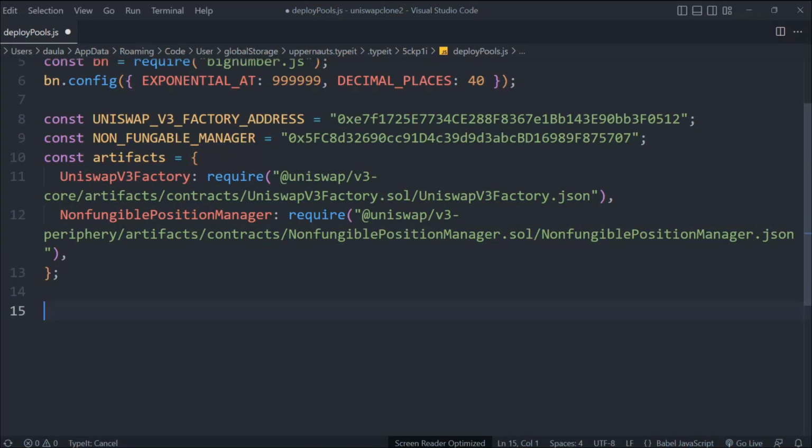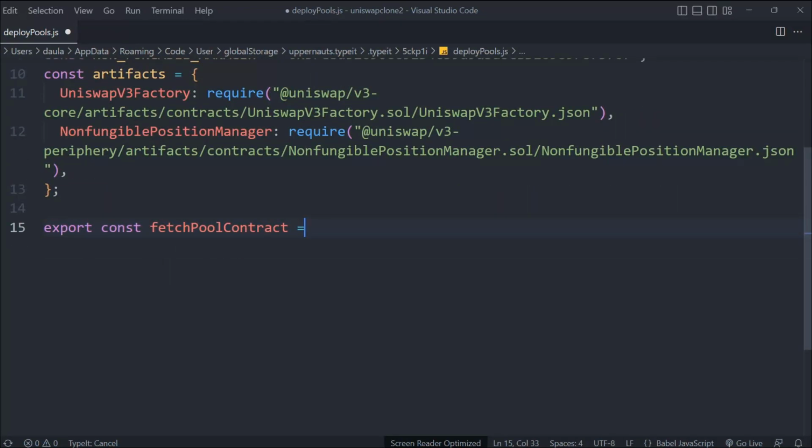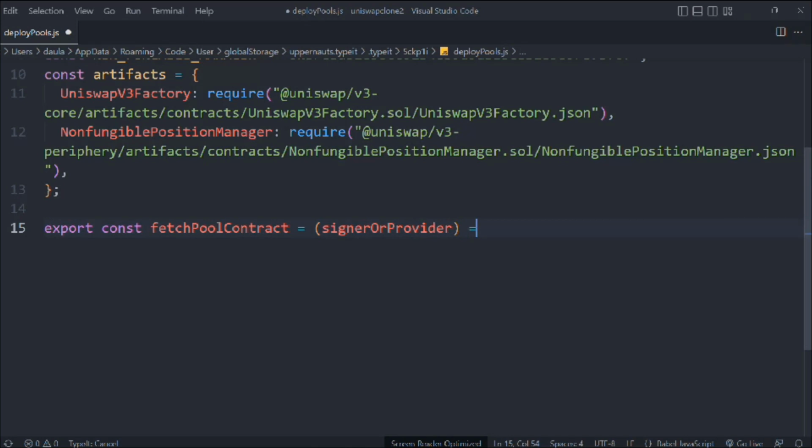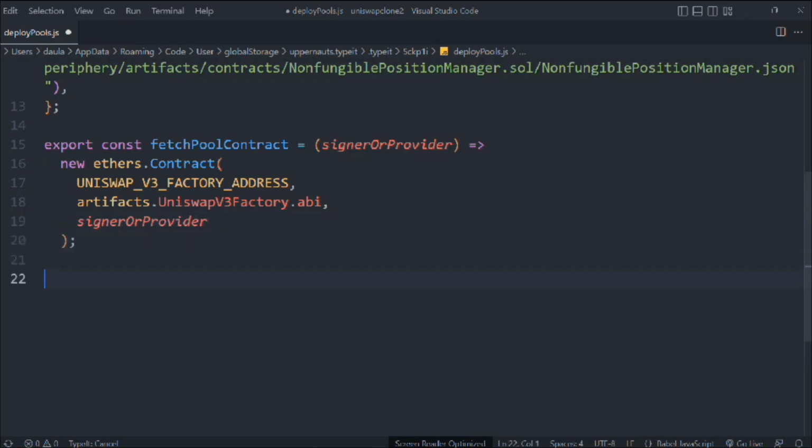Now let's create the function, export const fetch, and this function will allow us to fetch the contract of this v3 and non-fungible position manager. So let's quickly create the function. In this we're going to provide the signer or provider, and we're going to use this new ethers.Contract, and we have to pass the address of the contract. Then we have to pass the ABI, which we have inside the artifact ABI, and then we have to pass the signer. So this is the fetch one, and now we have to build another function